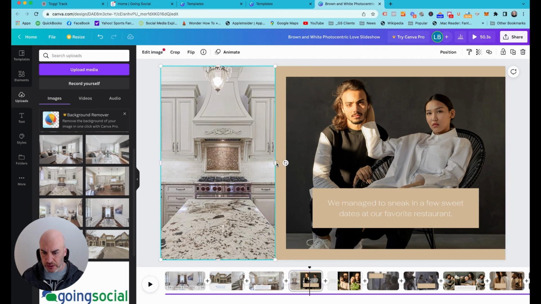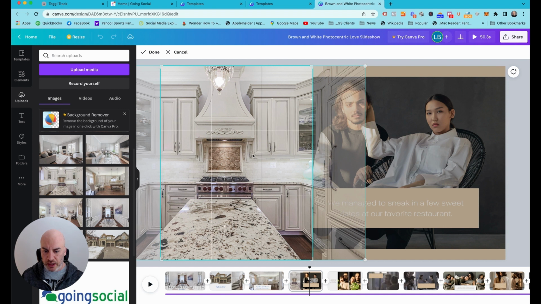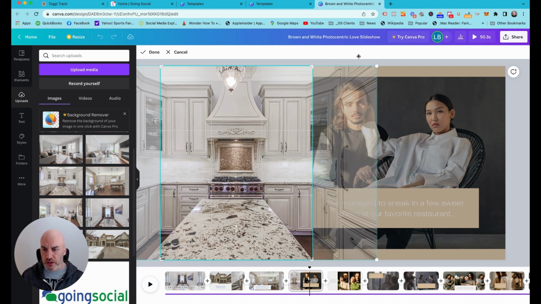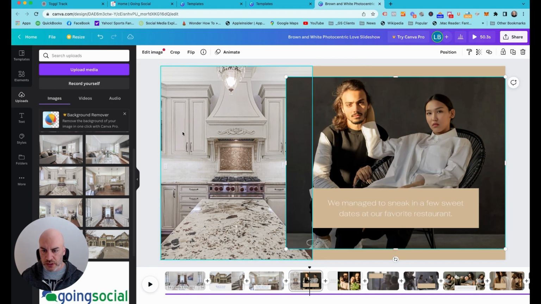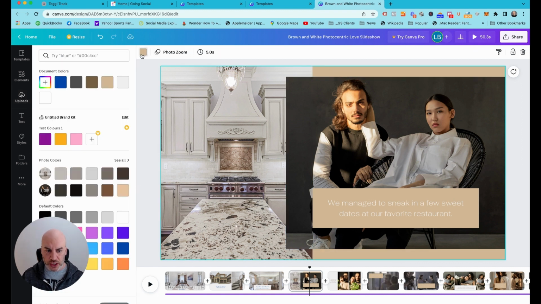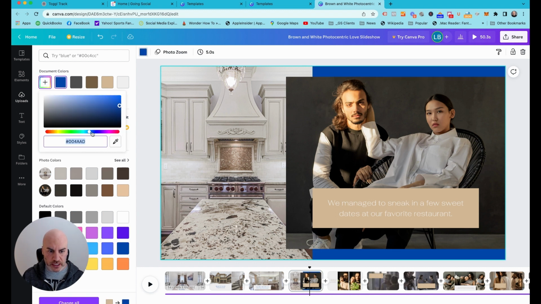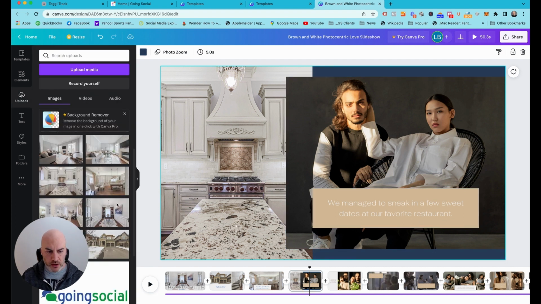Sometimes also, if you wanted to make this a little bit bigger, we could even overlap. That's kind of cool, actually. Just overlapping the pictures. That way you see a bit more. This one's still in front, which is okay. Now you see the background here is this brown. We can change that as well. So if I didn't want to use this exact color, but something close to it, maybe a little bit darker, we could come in and do that. And then